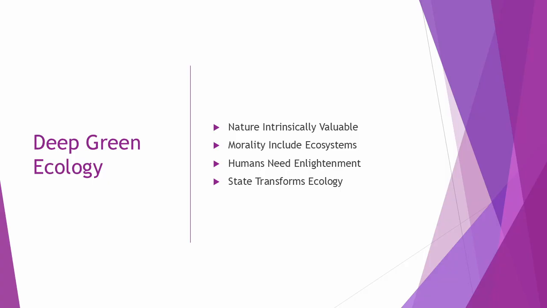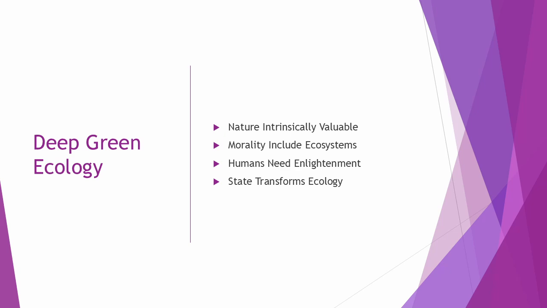The deep green ecologist view on sustainability is that only strong sustainability can preserve the ecological system over time. The deep green ecologist view on human nature is that humans are capable of ecological enlightenment and must abandon anthropocentrism. The deep green ecologist view on the economy is that economic systems must be reorganized to operate entirely within ecological limits. The deep green ecologist view on society is that social values must be reshaped to reflect ecological balance and